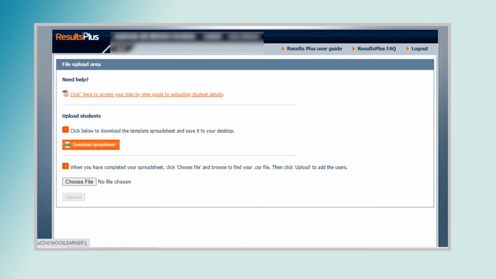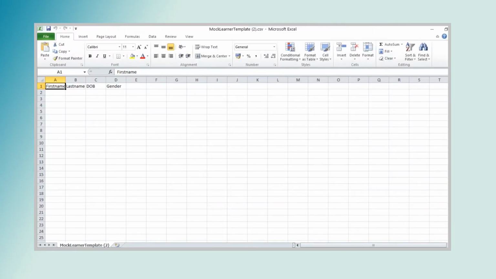So we click on the create new accounts. There's a step-by-step guide there as a PDF, but we need to download a spreadsheet. And this spreadsheet is formatted in a certain way, here it is, where we need to then enter that data. You may already have that system within your school where you've got your department drive and you've got the students already listed. You don't have to put the groups in at this stage, it's literally just the students. The assigning of groups will come later via another tab that I'm going to show you.